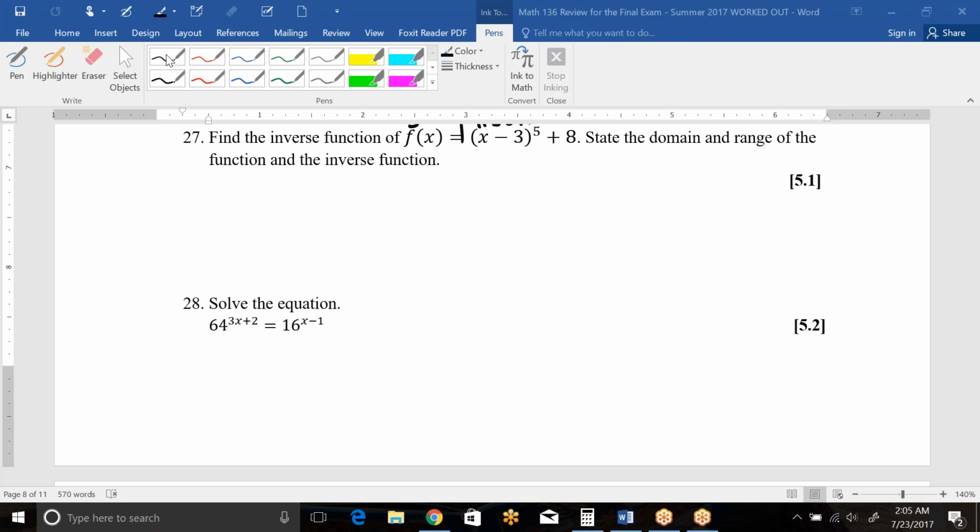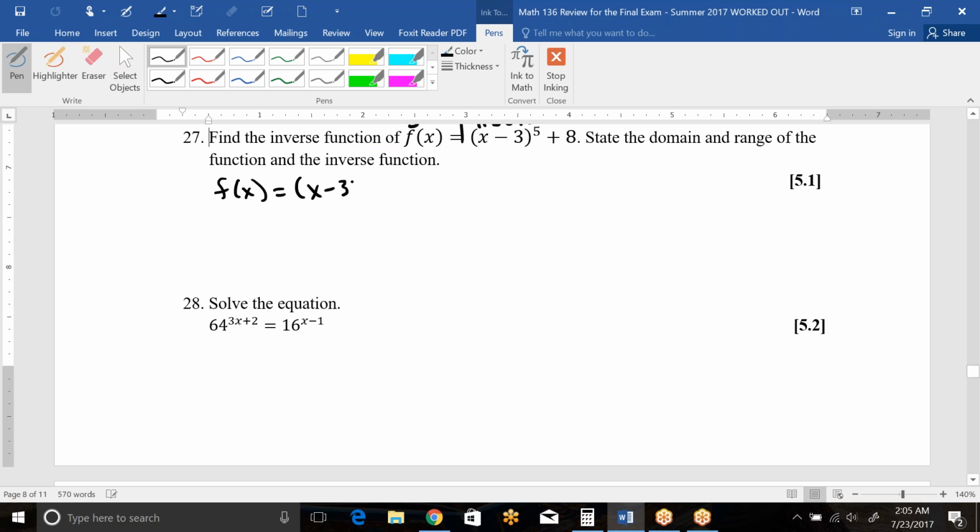Okay, this is part 4 of the review for the final exam, starting with number 27. Everything we're covering in this part of the video has to do with material that was covered after the last test. So number 27 is find the inverse function of f of x equals, I'm going to rewrite this one,